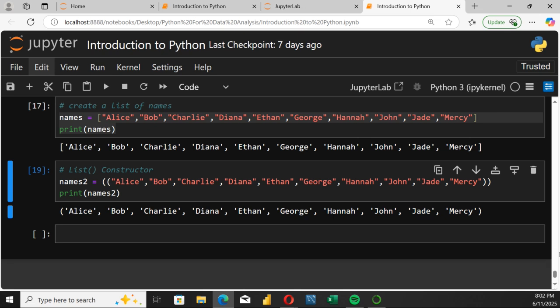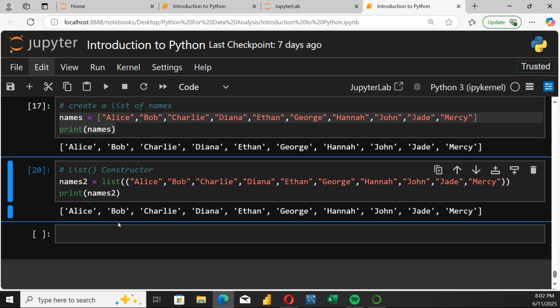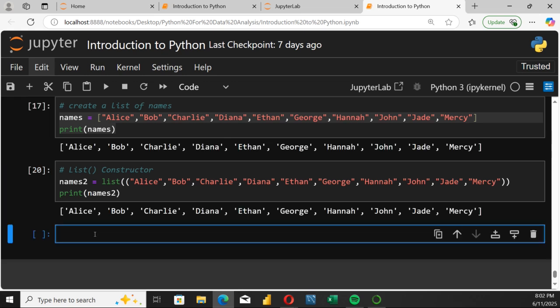Father, you did not type the list though. Okay, sorry. So I want us to confirm if it's a list. What do we use to confirm if it's a list? The type function. We can use the type function to check if the data type is list, tuple, set, or